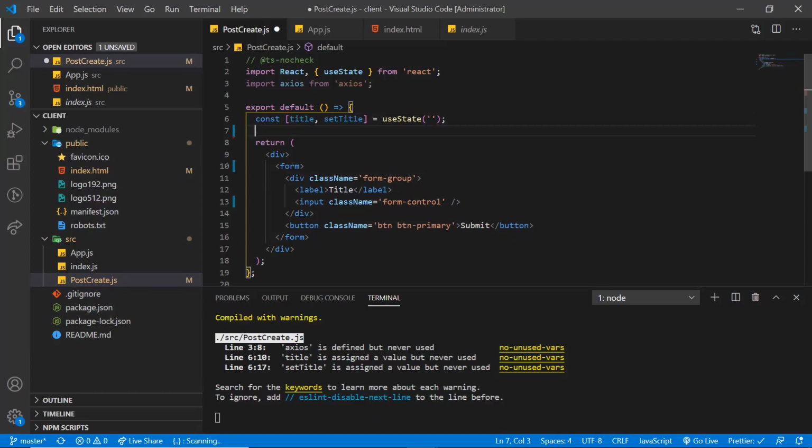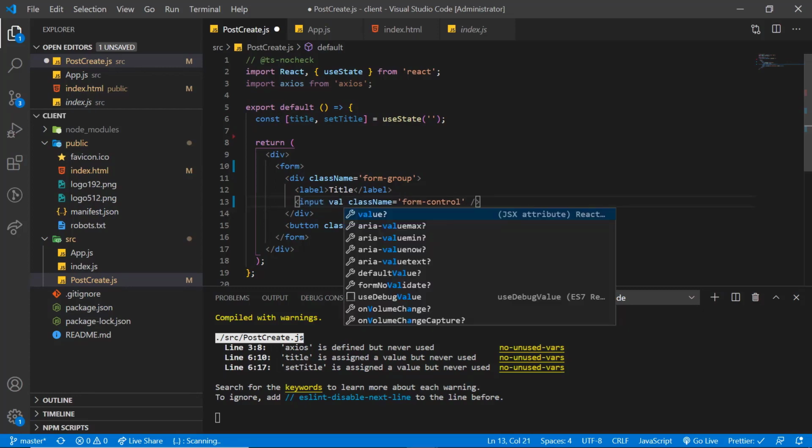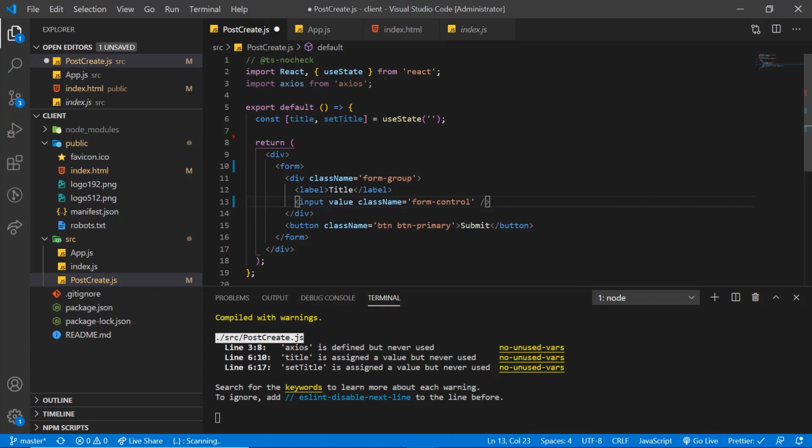That's why I assigned it to a blank string. Remember, we use that title property and the setter along with our input element right here. Let's add a value attribute here with the property title.